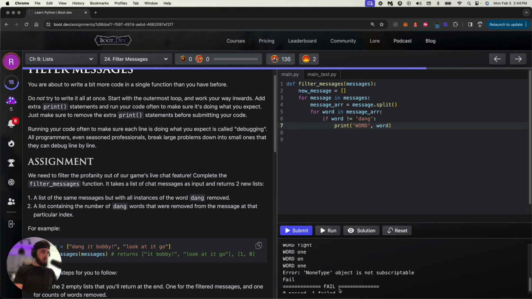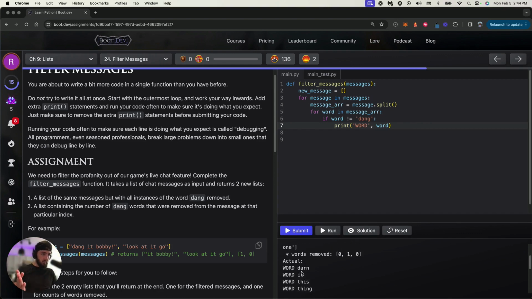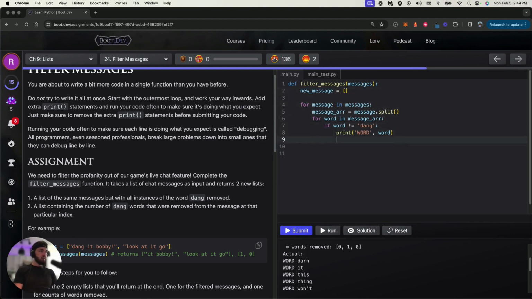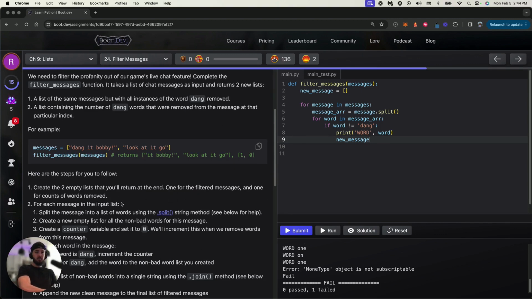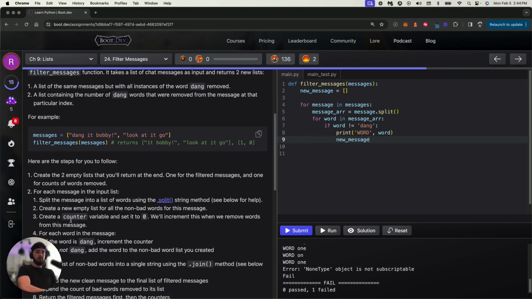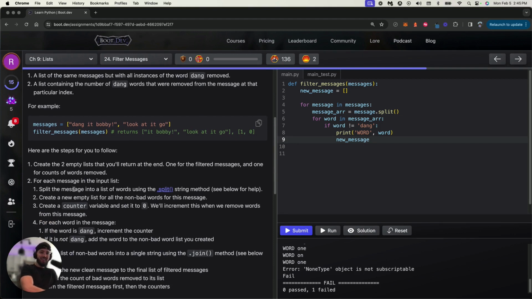Nope, that's not working. So I'm going to see what words we have. These are all of our words without the word dang. So we've removed the word dang. Now we need all that back into a list. That's what I'm trying to do here with the new message. So new message dot append word, right? But it doesn't look like we can do that. Okay, let's think. Okay, we'll go to the steps. Once you filter the message, split the message. Sweet. Oh, they did have it there. So maybe we could follow some steps. Create a new empty list. Awesome. We got to that step. Create a counter variable. Oh, okay. So we need that as